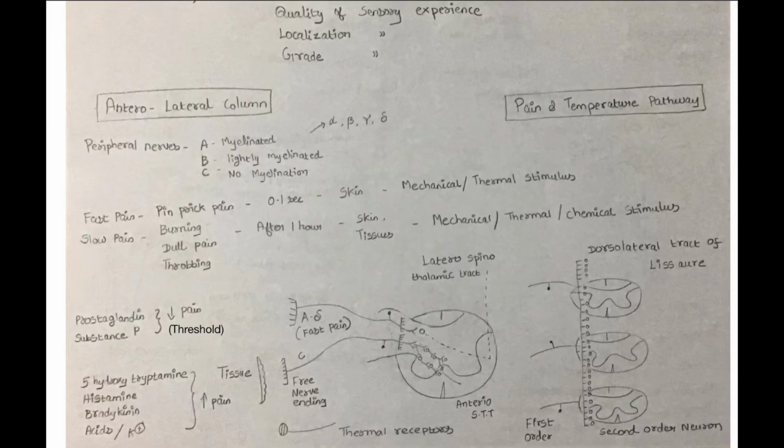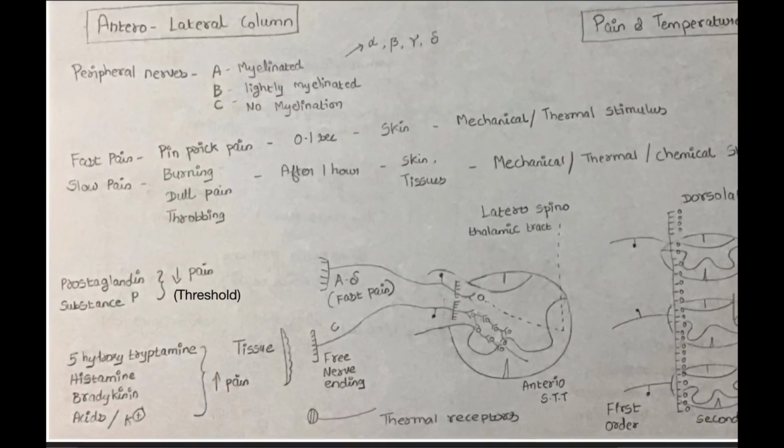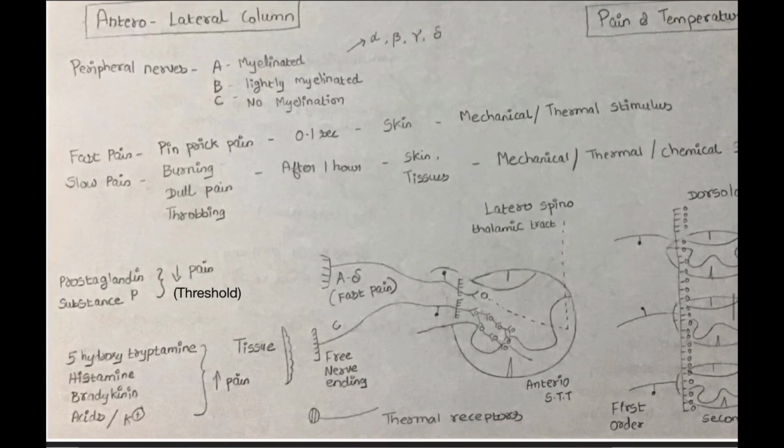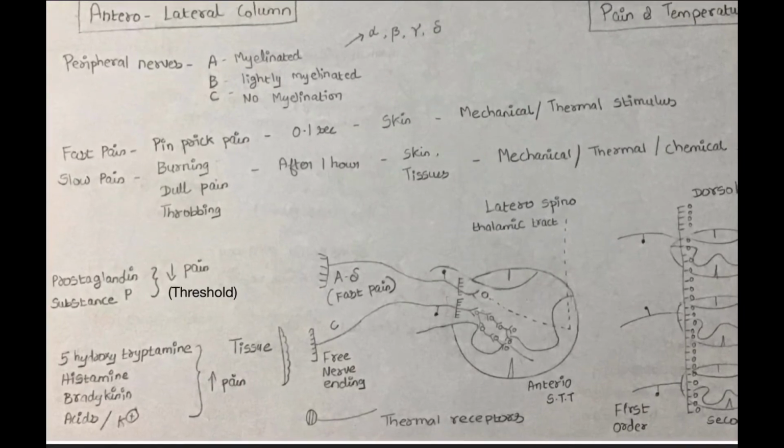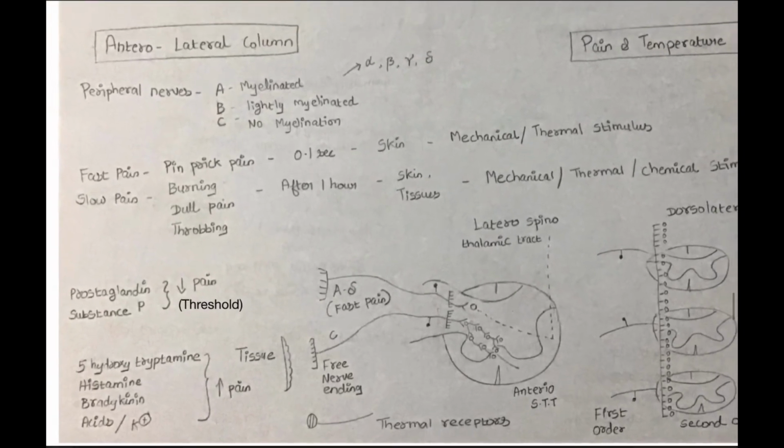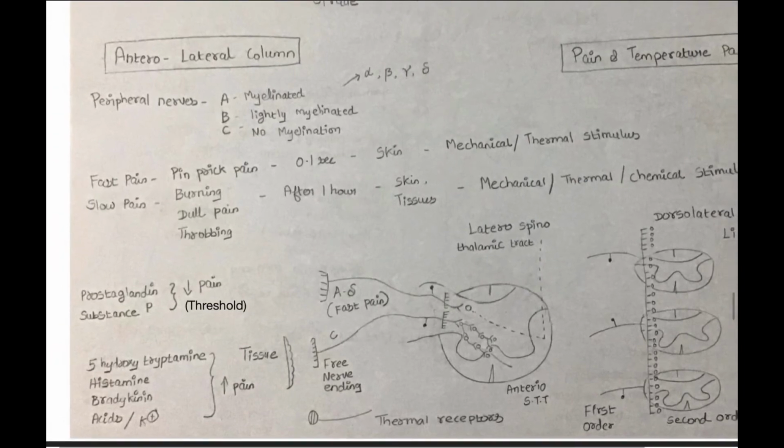In these tissues, there are chemical substances produced, such as 5-hydroxytryptamine, histamine, bradykinin, acids, and potassium ions. These substances come in the tissues only when there is an injury, and it will give the